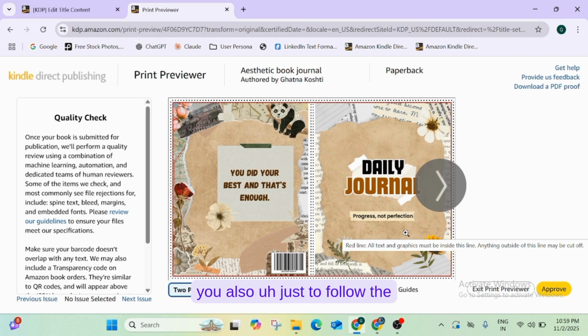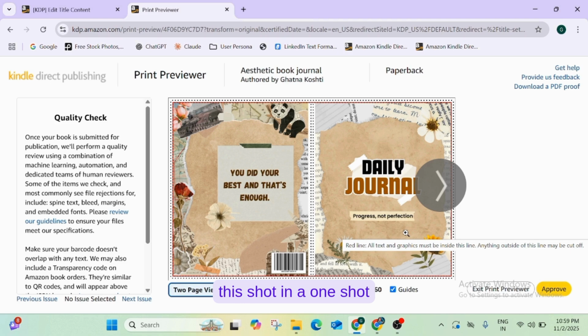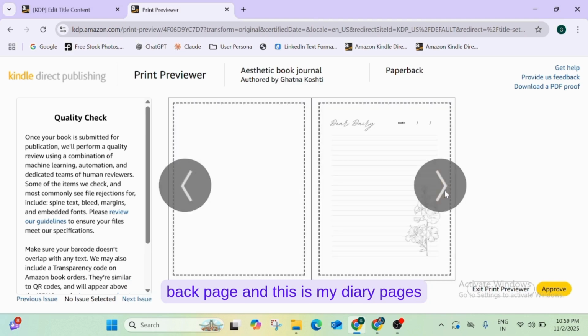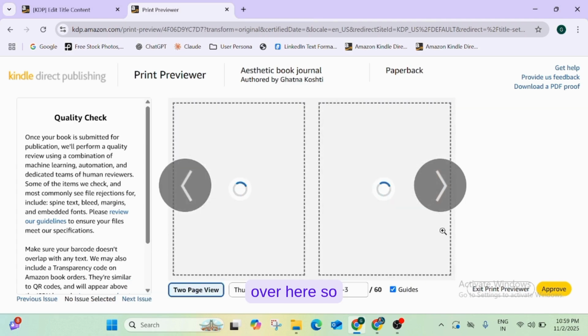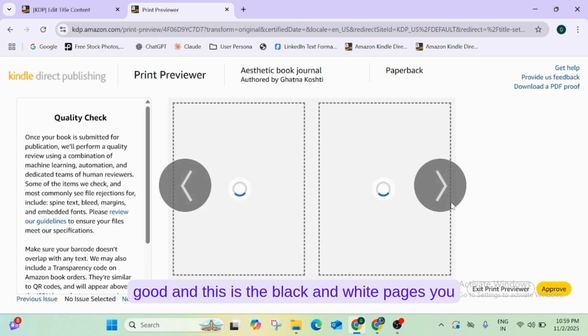I hope you follow the process that I followed, and you will get this result in one shot. This is my 22nd attempt, and this is the one that is perfectly within the safe area. You can see this is my front page, this is my back page, and these are my diary pages. This looks really good.